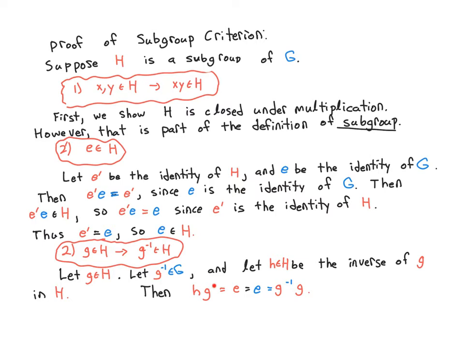And so then right cancellation tells you that H is equal to G inverse. So we get H is equal to G inverse like we wanted. And so we see that we've got the two conditions from the subgroup criterion. In other words, every subgroup satisfies the subgroup criterion,